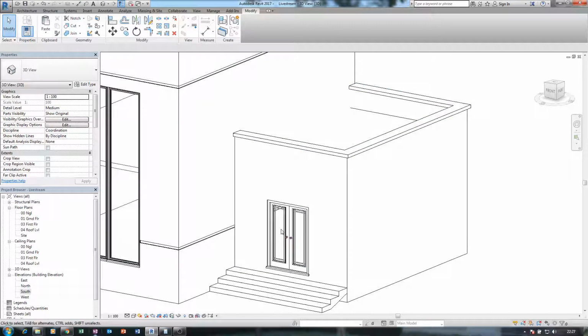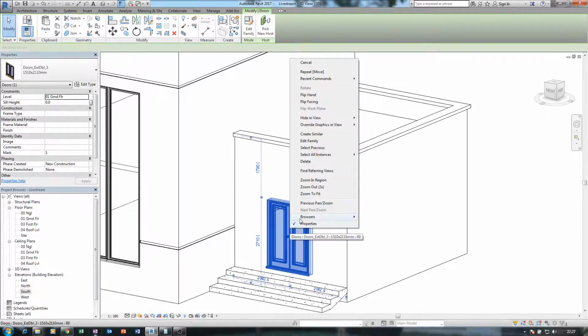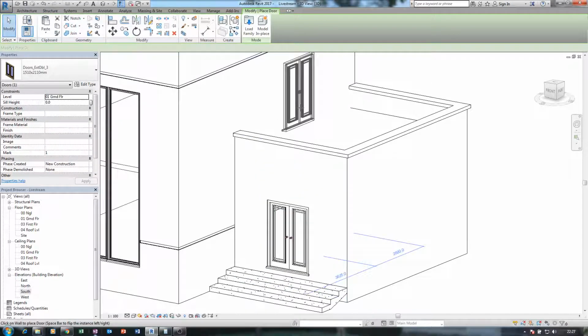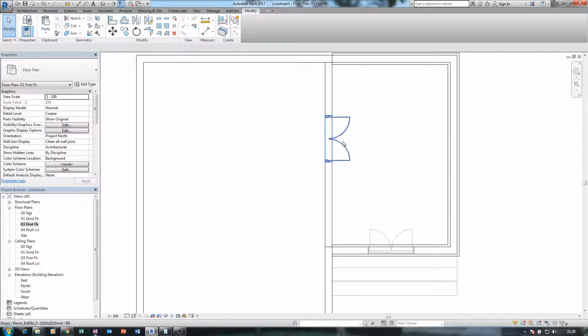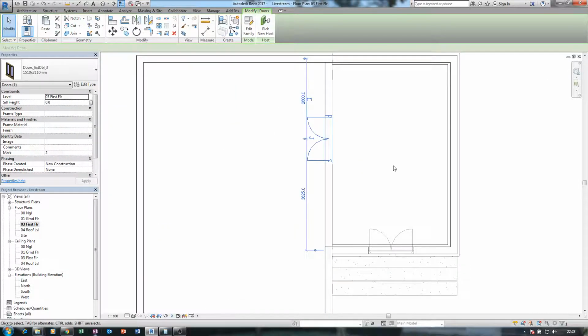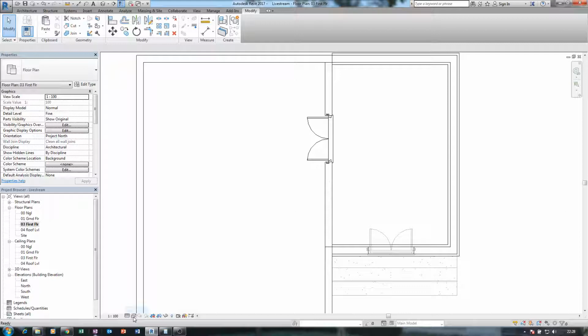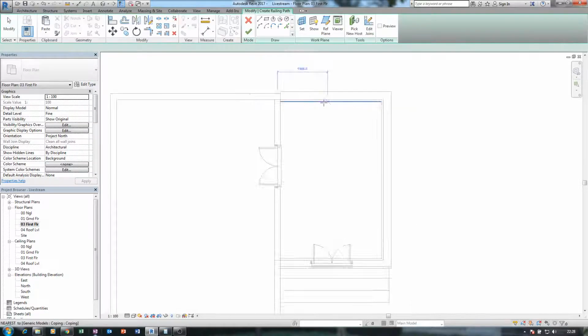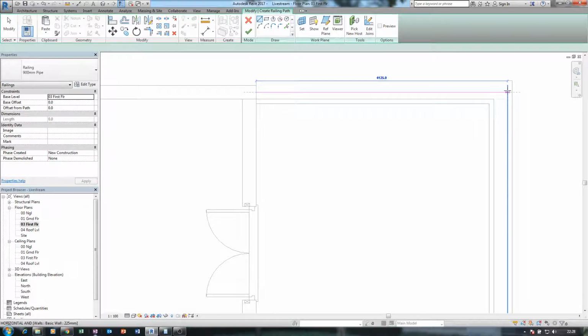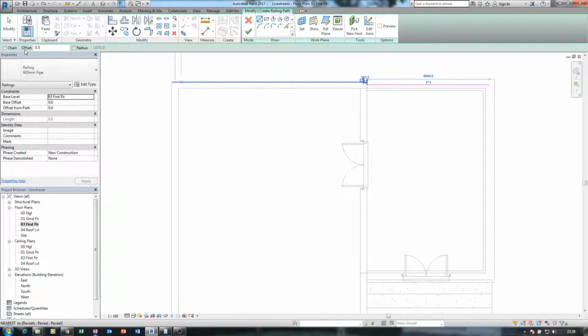And really, I need this door over here as well. Okay. So I need some railing. Somewhere here it's supposed to be chain.